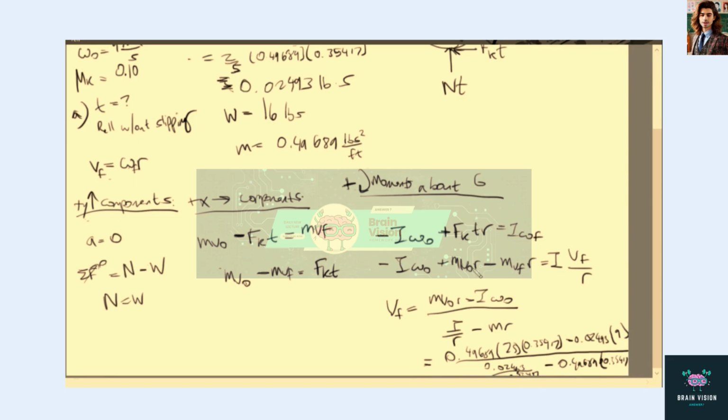Oh, I apologize, this should be addition. Yeah, that should be addition down there, plus 0.49689 times 0.35417. That gives us a final velocity of